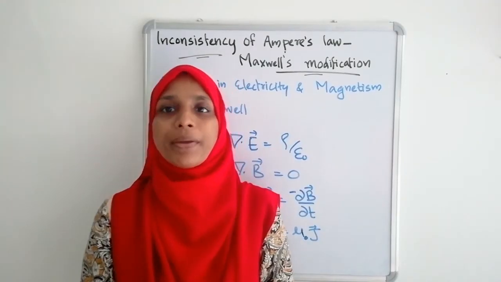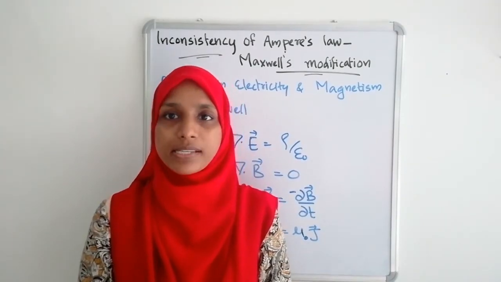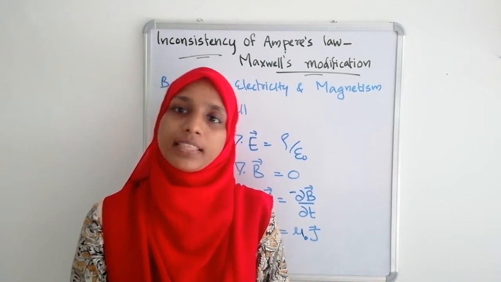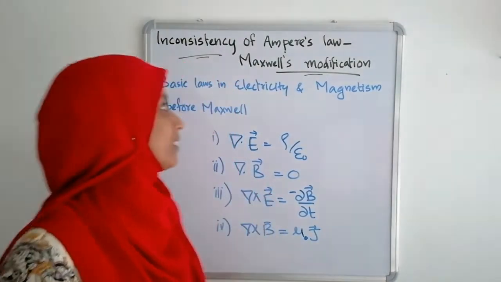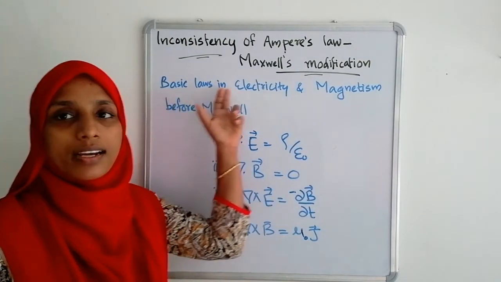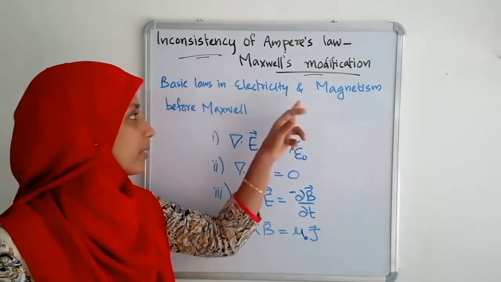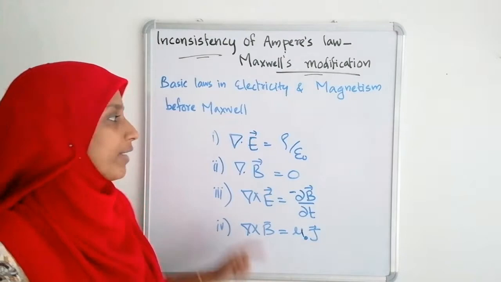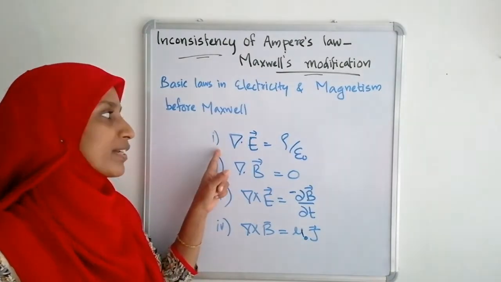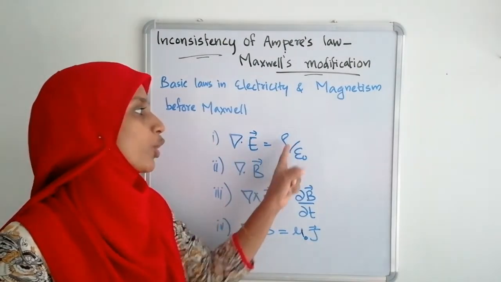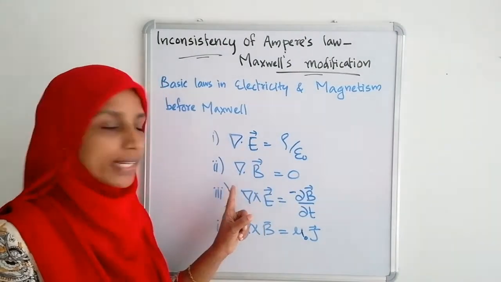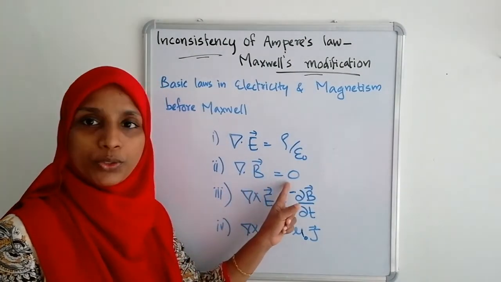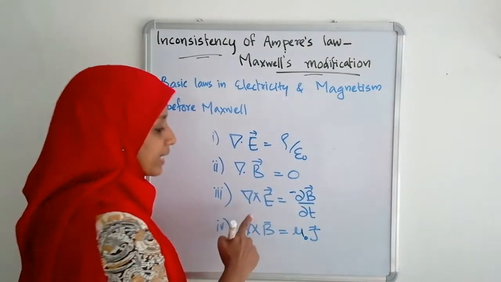Now, my topic is Inconsistency of Ampere's Law, which deals with the modification of Maxwell's equation. For that, we can consider the basic laws in electricity and magnetism before Maxwell. We have Gauss's law in differential form, del dot E is equal to rho by epsilon 0, and the magnetic monopole does not exist, that is del dot B is equal to 0,